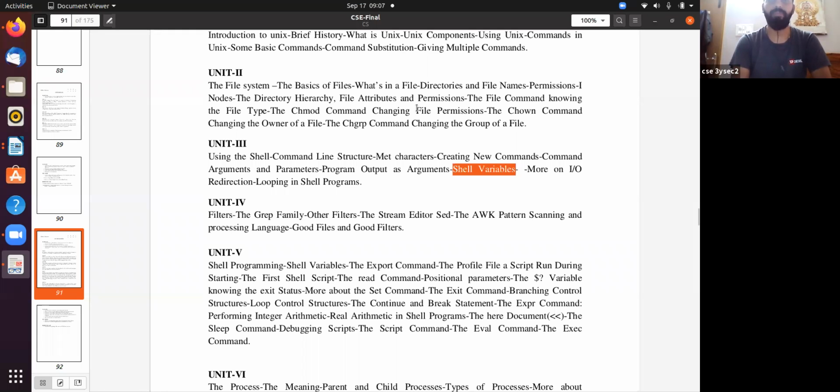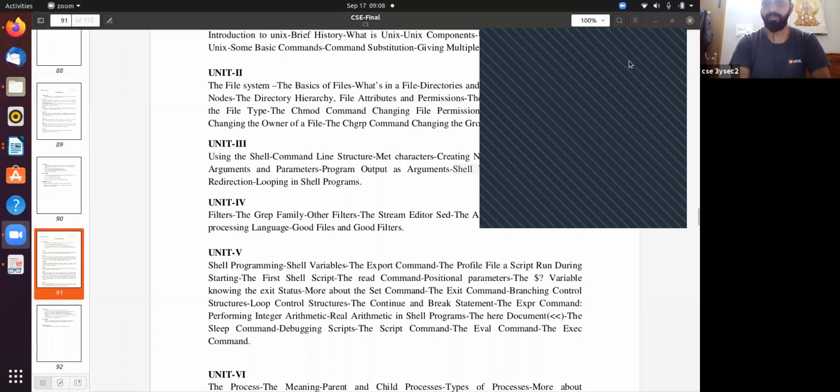Now I am defining a equals 5, or a equals 10, or temp equals 25, pi equals 3.14. All these values are stored in one area, which we call memory. So a variable is a storage location.